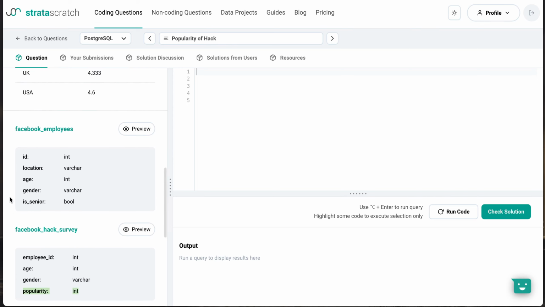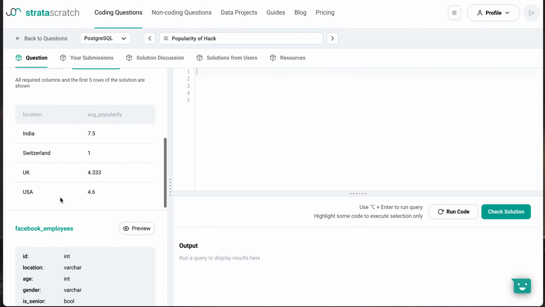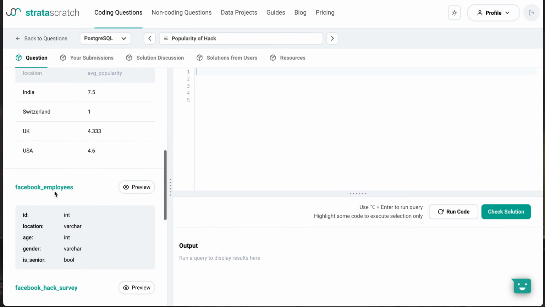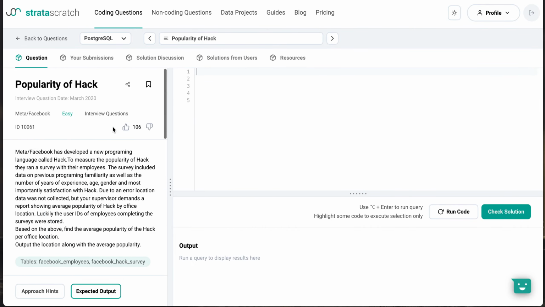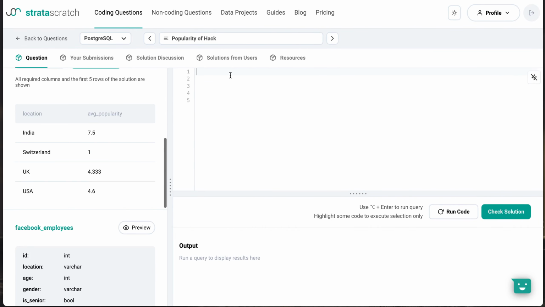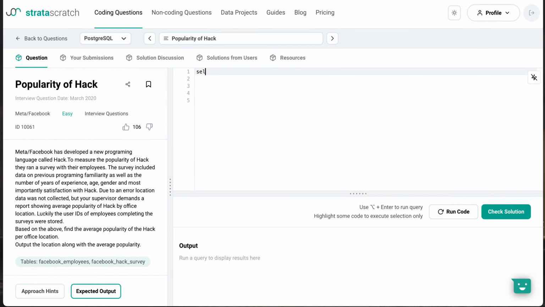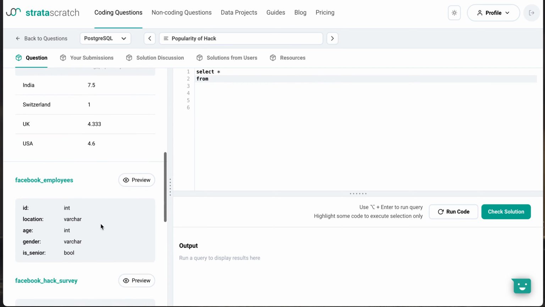And so because our data is spread across two tables, we can join them into one table and then run a query on that one table with all the data that we need. So, I mean, this can't be too complicated. I think you have just a column from here and then a column from the other table, join the two tables. So what we're going to do is just select everything, just for now. We'll select everything from the original table, Facebook employees,